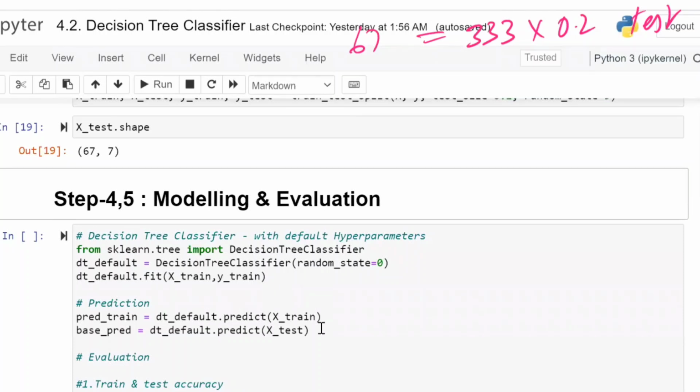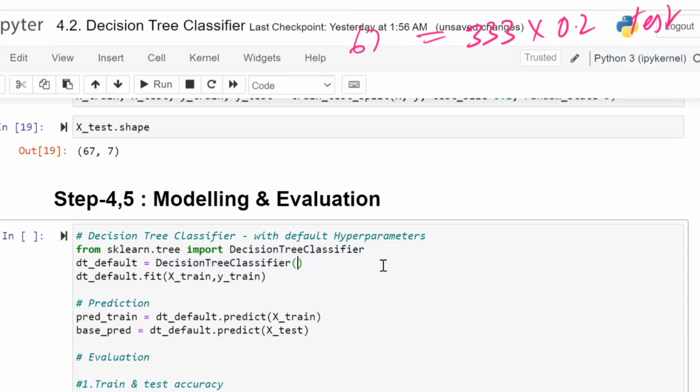In a single cell, I am doing everything. I am not writing separately, as we have done the same multiple times. First one is, I am going to import the decision tree. Second one is, I'm going to take the decision tree default parameters. Whatever the default parameters are there, I'm going to keep them. I'm not going to consider anything else. And next, I'm going to fit on the X train, Y train. Model with default parameters. Import, save, fit. 3 lines of code.